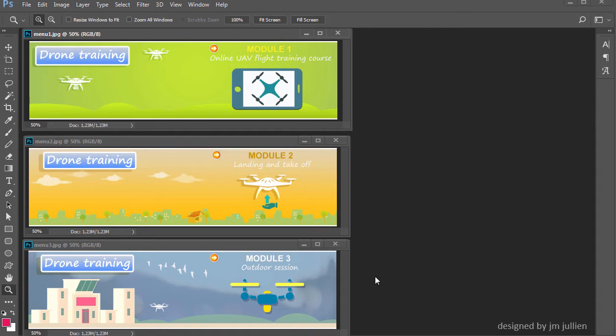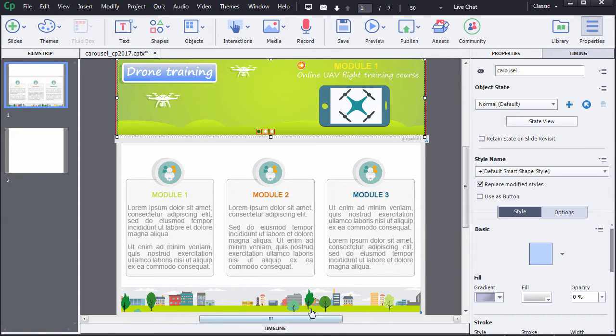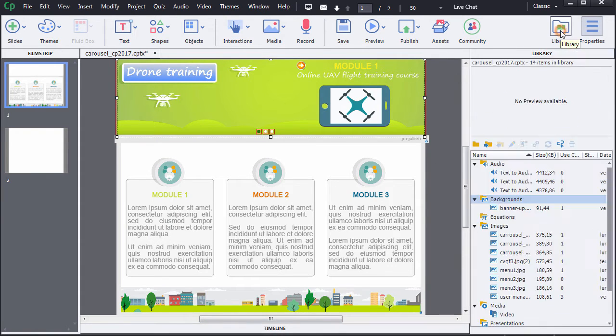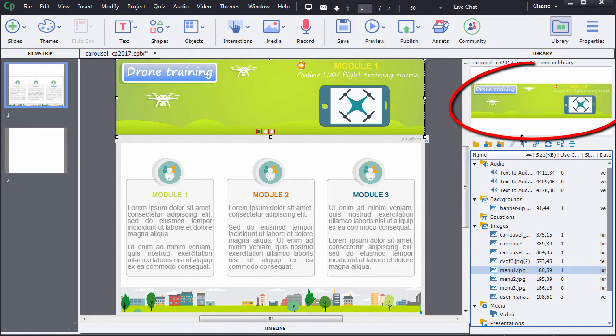Once you've created your pictures correctly, identify the picture that will appear first when users load the slide and import it into the Captivate library as it is. In my example it was this one. So I had imported it as it was. Once done,